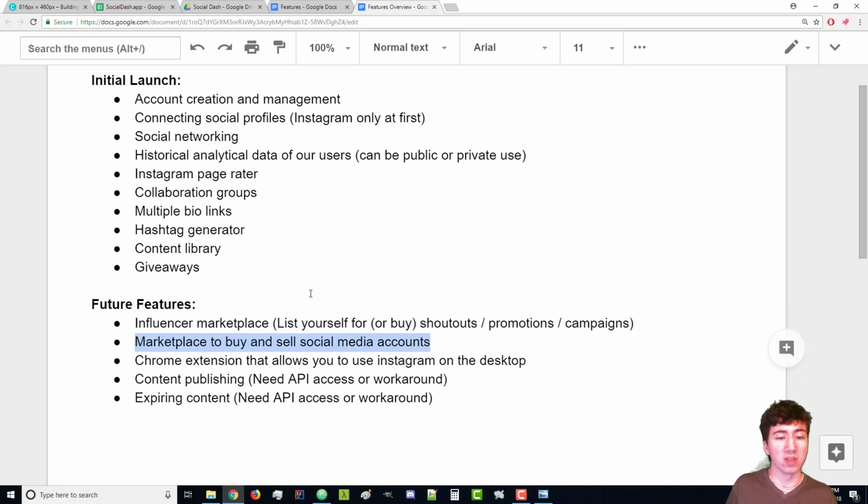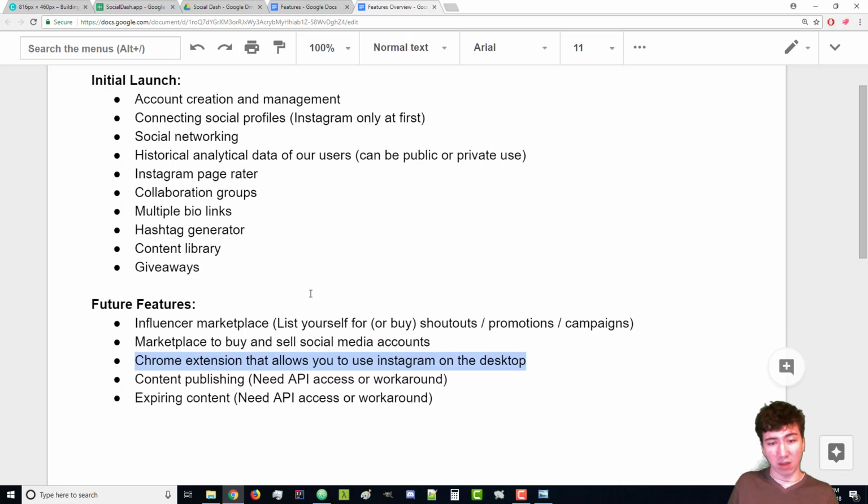Something similar would be a marketplace to buy and sell social media accounts. So a lot of people grow Instagram accounts and then sell them, and then a lot of people buy Instagram accounts and transform them into their own brand, hopefully of a related niche. And so that's a good way to make some money. And so we're wanting to create a marketplace for that. But the same concept as the influencer marketplace, we want to make sure we instantly have people listing and buying social media accounts right when we launch that feature. And so it's not just a ghost town for months and no one cares to join because no one's there.